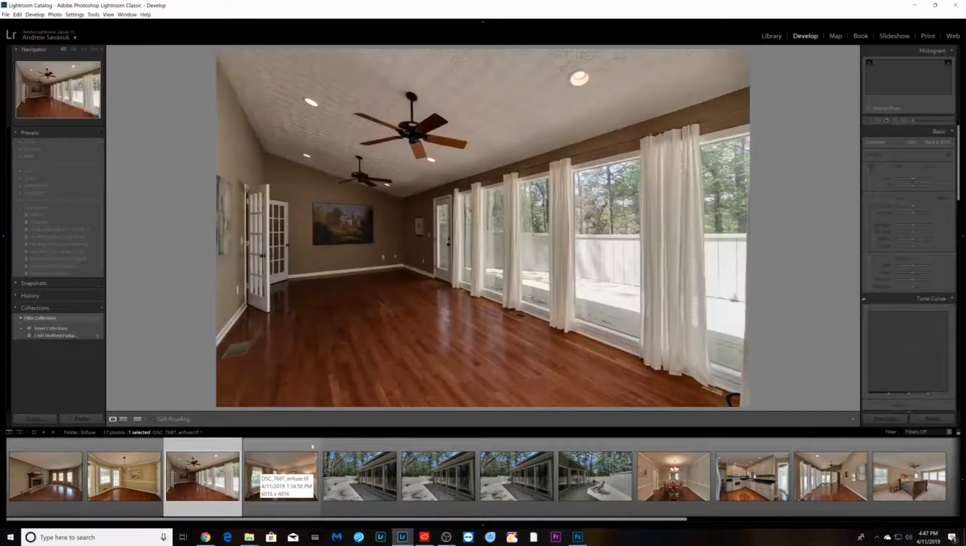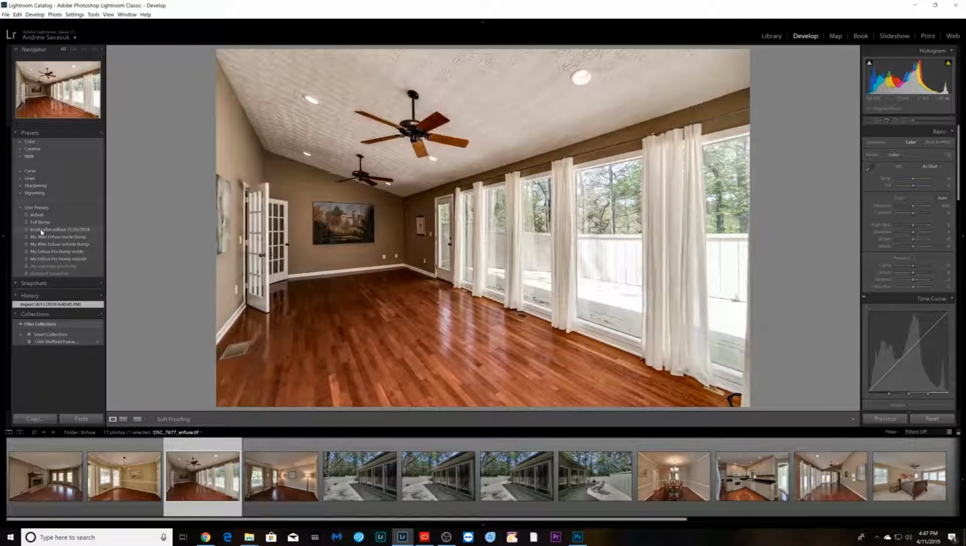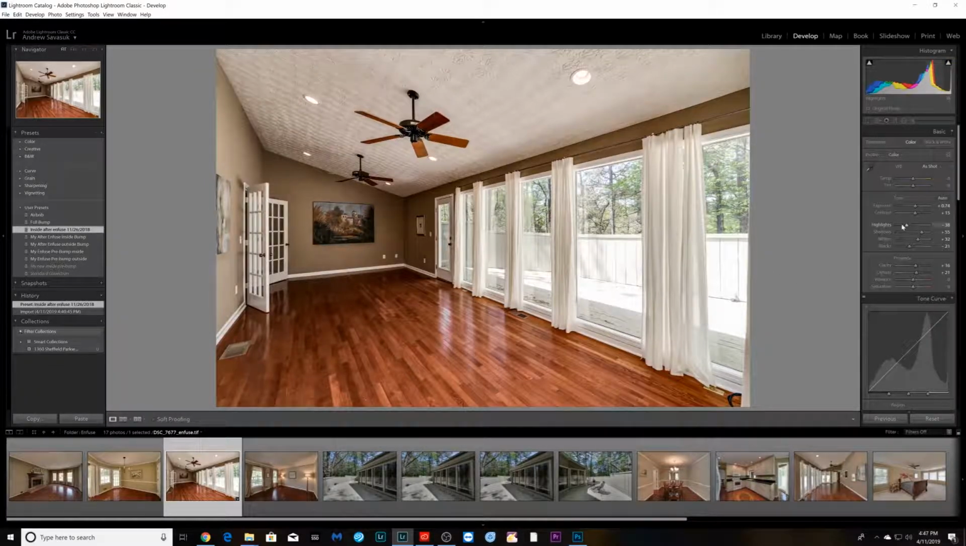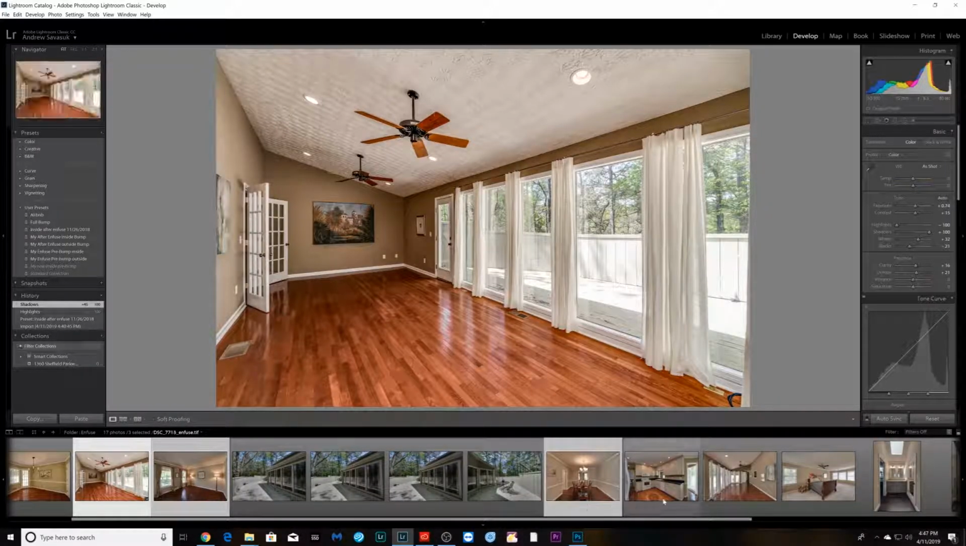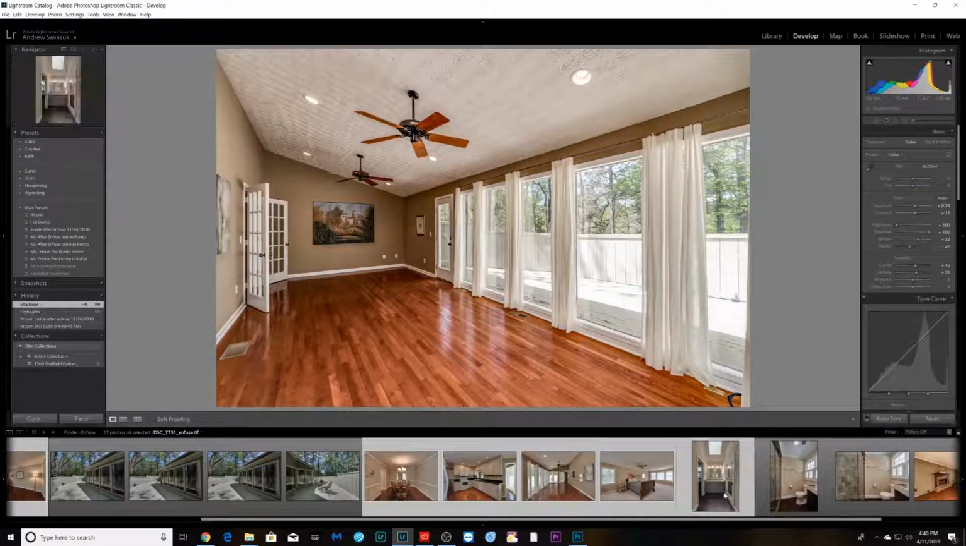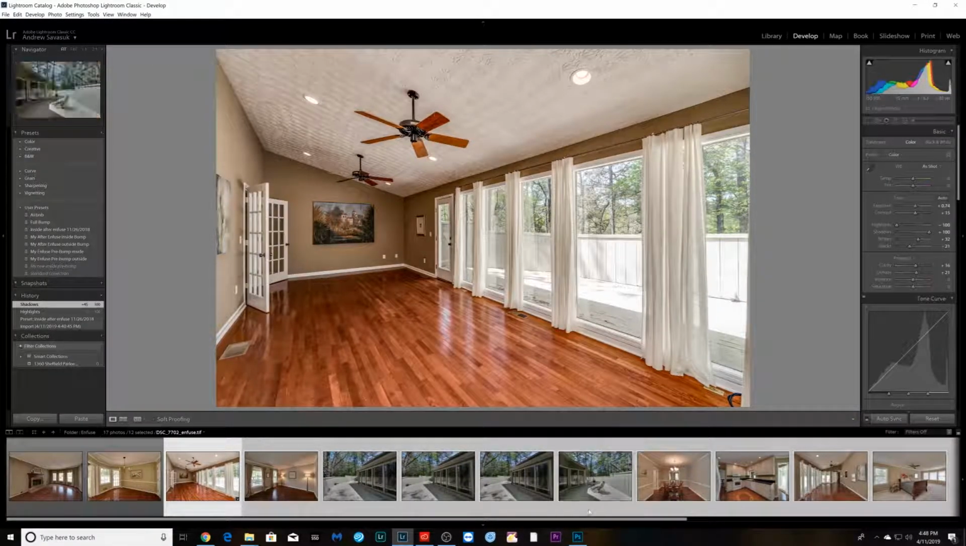Here are the TIFFs from the Infuse. I have a couple of presets that I have. That looks pretty good for the pictures, and then I'm just going to copy those over to all of the infused pictures